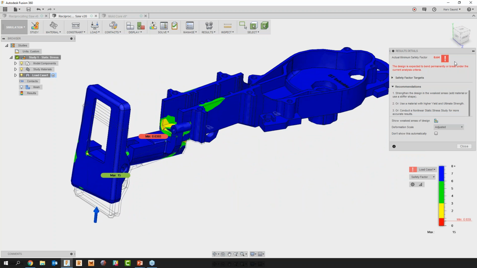So from here we can actually see the minimum safety factor within the design is about 0.6. So that's actually going to yield and break with that 330 Newton load. And we can start to look at the weakest areas of the design, and it highlights that for us. If we wanted to go ahead and start to look at different elements of that